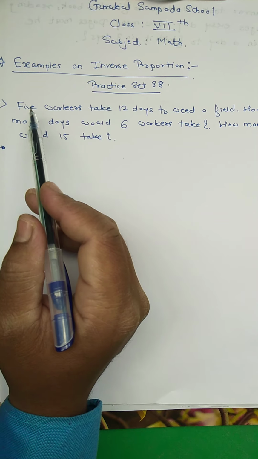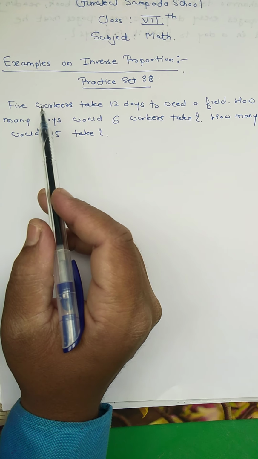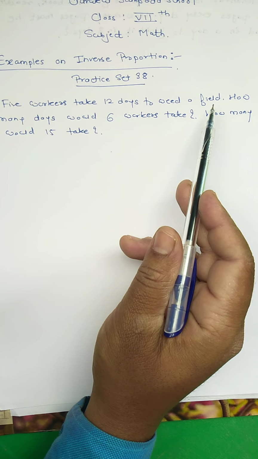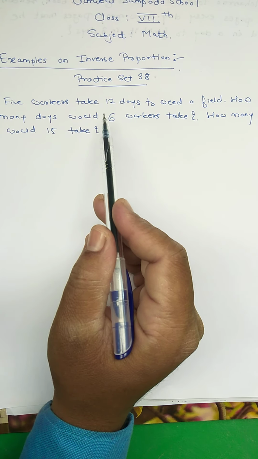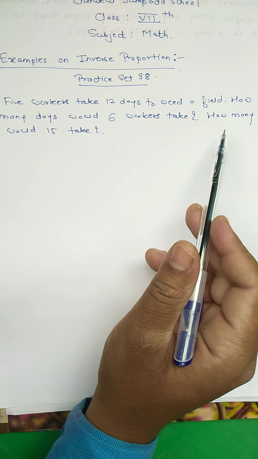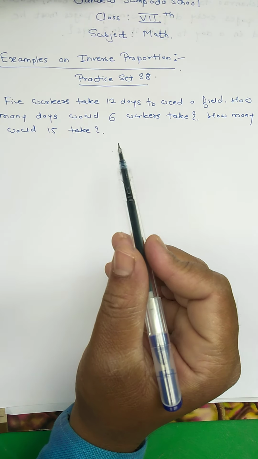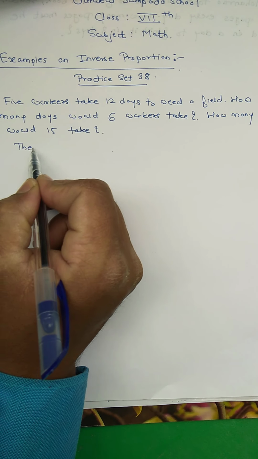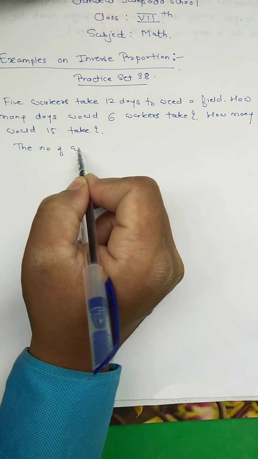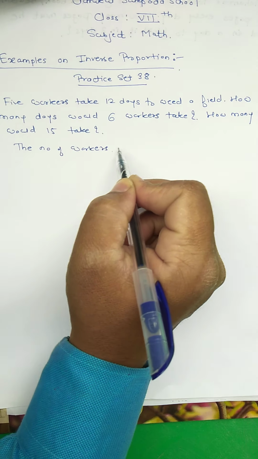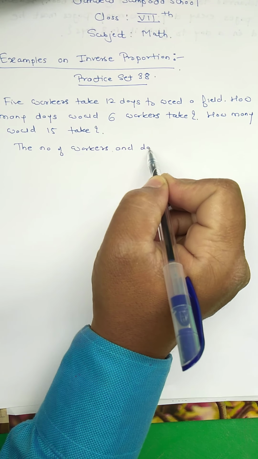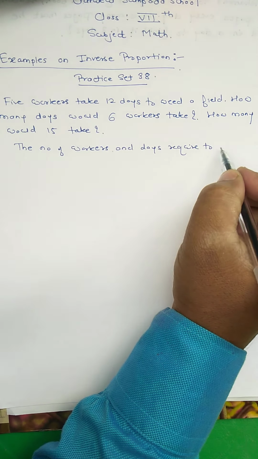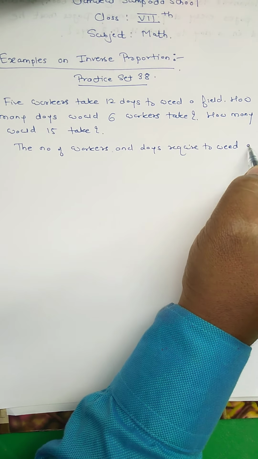Now let us consider the first example. 5 workers take 12 days to weed a field. How many days would 6 workers take? And second, how many would 15 take? So here we know that the number of workers and days required to weed a field